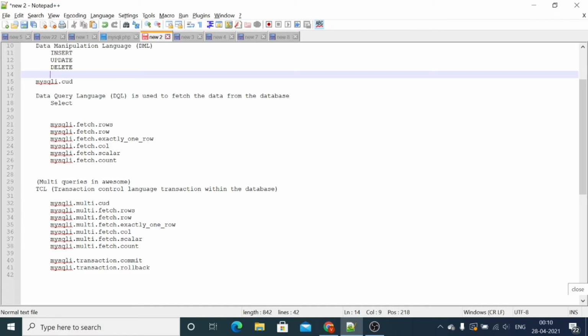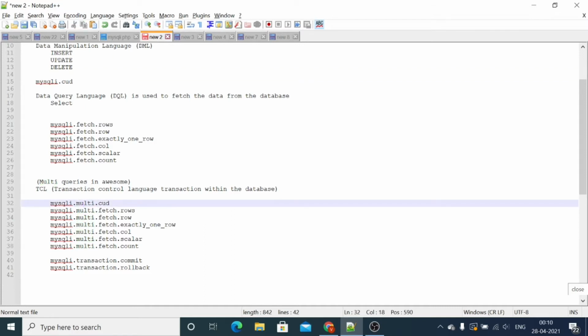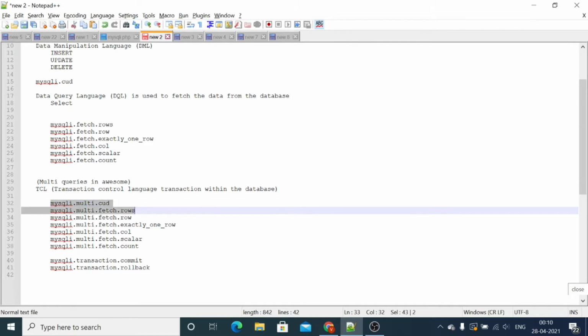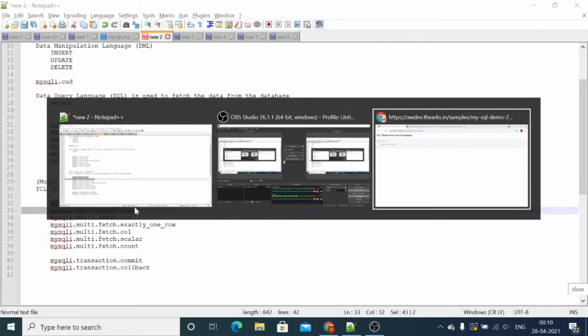Now we have MySQLi.multi to execute the transactional query. This will help us to execute n number of queries at once and it will give us the result. Now let's check how this will work in Awesome.